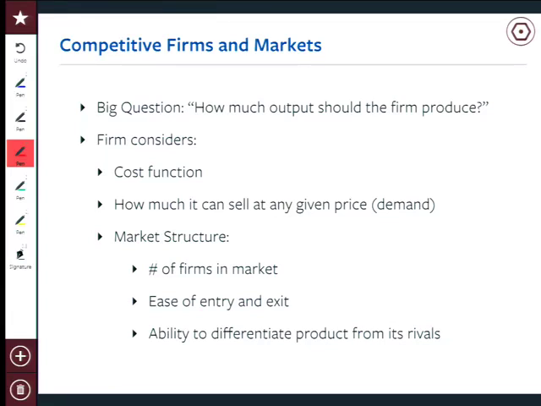The other thing you want to look at is how easy it is for me or other firms to enter the market or to leave the market. Are there huge costs to entering a market, and are there barriers to leaving the market? So if you want to build a